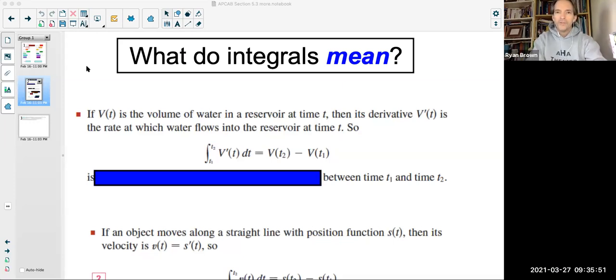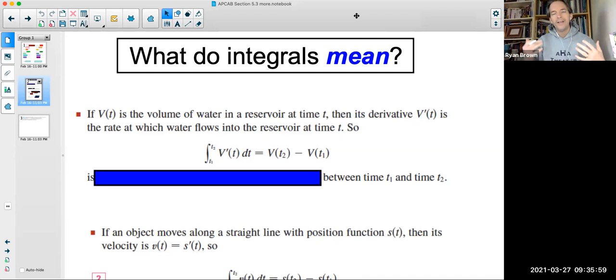All right. So we talked a little bit before in class about the two D words, distance and displacement, and we'll get there in just a second. But just in general, what do integrals mean? Area under a curve. Yes. What's the shaded area region? Okay. Or we're finding the antiderivative and plugging in numbers. Fine. But what else? So for example, let's say that V is a function and it's the volume of